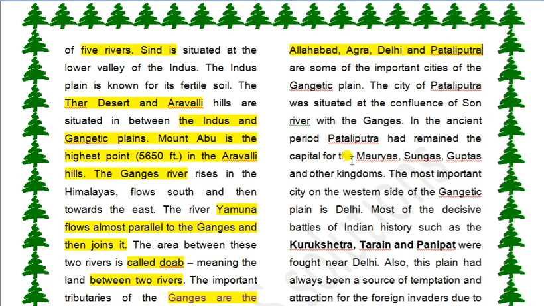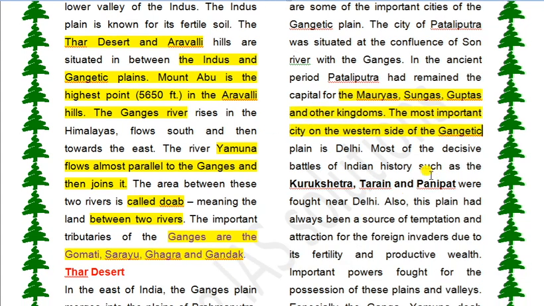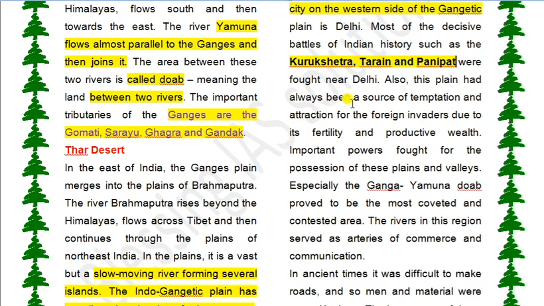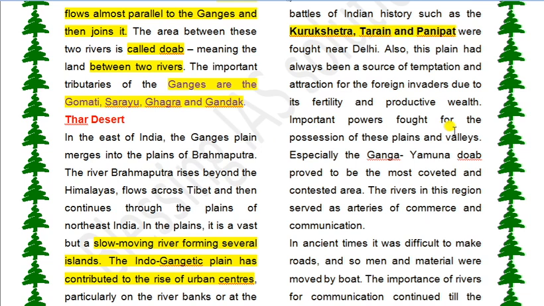The most important city of the western side of the Gangetic plain is Delhi. Most of the decisive battles of Indian history, such as Kurukshetra, Tarain, and Panipat, were fought near Delhi. Also, the plain had always been a source of temptation and attraction for foreign invaders due to its fertility and productivity of wealth. Important powers fought for possession of these plains and valleys; especially the Ganga, Yamuna, Doab proved to be the most coveted and contested